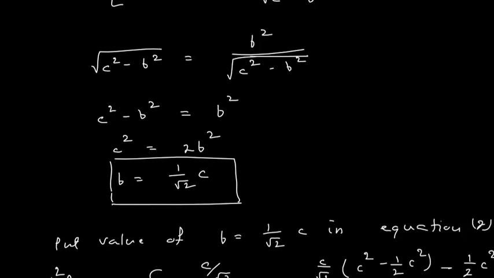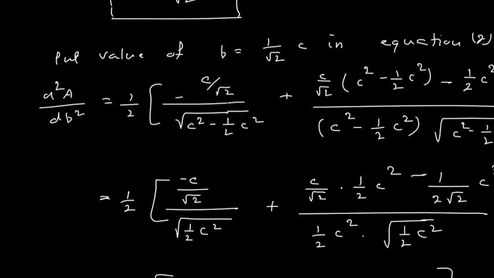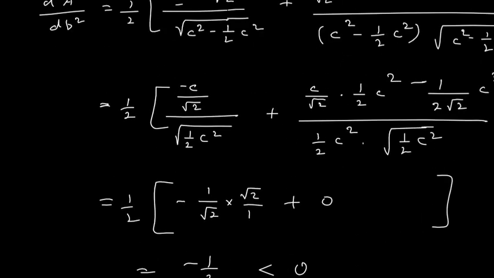So whether it is maximum or minimum, for that what we do, we put any other value for b, and find the area. Now we compare that area with the area which I have just found. If that area is less, then it indicates that the area I have got with the value of b equal to 1 upon root 2 c will be the maximum area, because this area has only two options, whether it is maximum or minimum. So it will avoid your second derivative test, and by that you can solve this problem. Okay, so you will avoid this second derivative part which is complicated in this example.